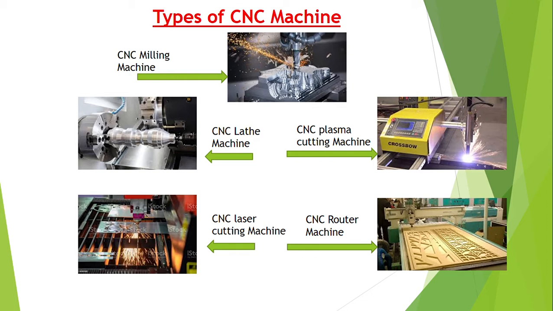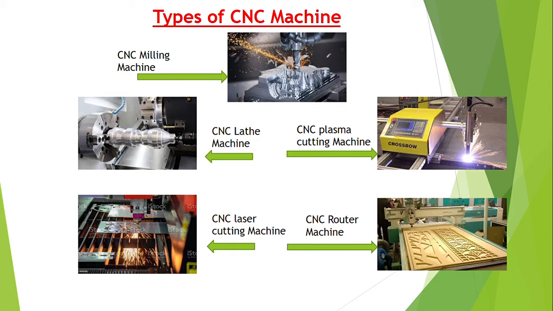CNC plasma cutters are very similar to CNC routers in size and setup. However, plasma cutters don't require as powerful a setup because, as opposed to dragging a spinning tool around in a material, they fly above the table with a plasma torch. Plasma cutters are made for cutting 2-dimensional profile shapes into sheet metal.